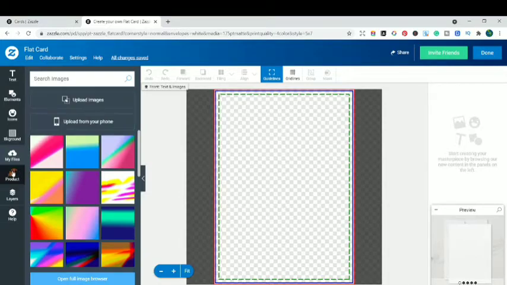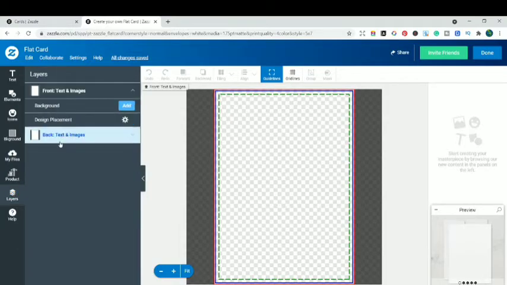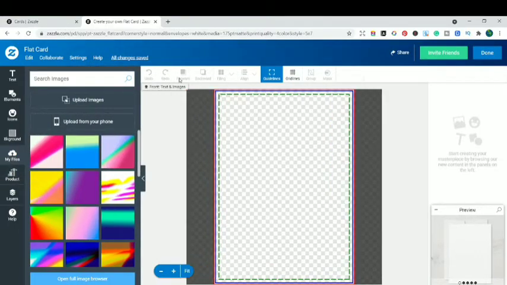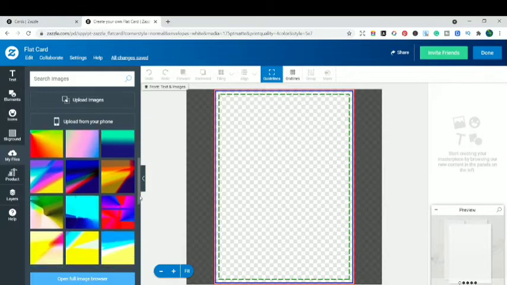You can see the details of this product. You can look at the different layers at the back and front and so on and so forth. You can see the help area and get help from Jazzle itself. Then these are the different options, like you can undo, redo, forward, and the tilting of the card, the alignment, the guidelines. If you want grid lines, you can mask the layers and do all those things over here. So let's get straight into today's tutorial about the cards, so greeting cards.